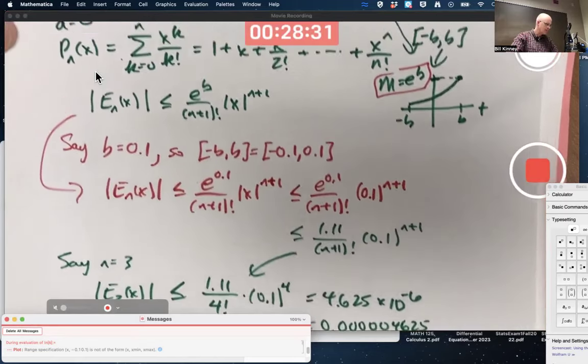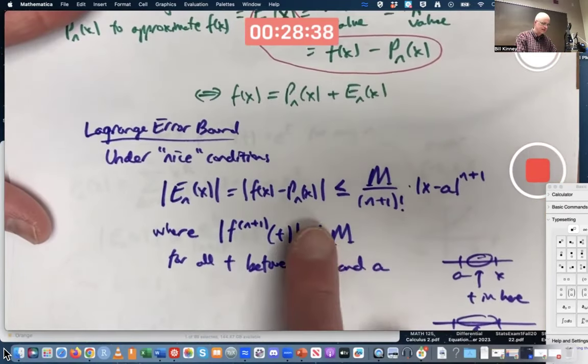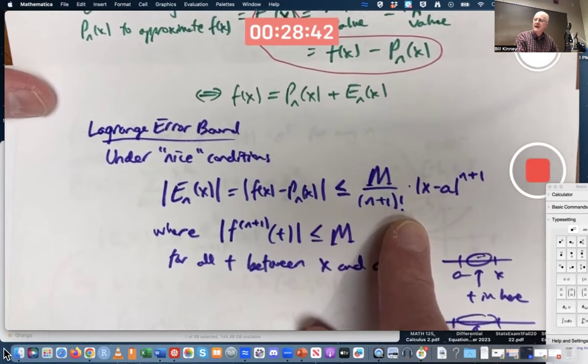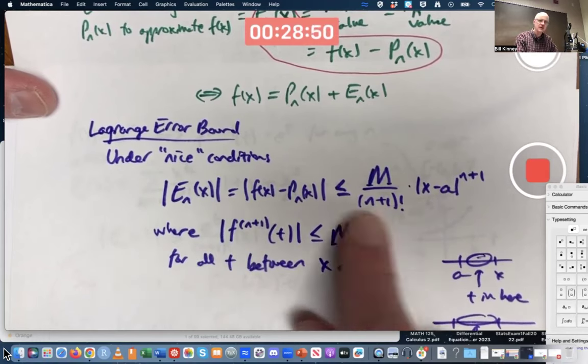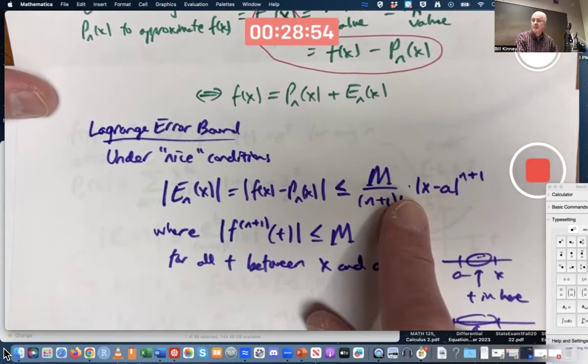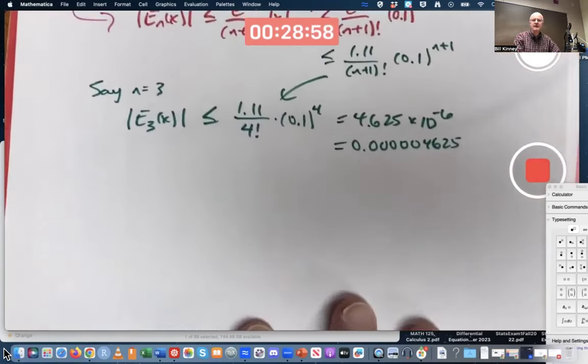How would we use the error bound, this thing right here, to prove that the Taylor series for e to the x converges to e to the x no matter what x is, as n goes to infinity, that this goes to 0? We need to figure out M, which is the key. To do that, it's a little tricky because